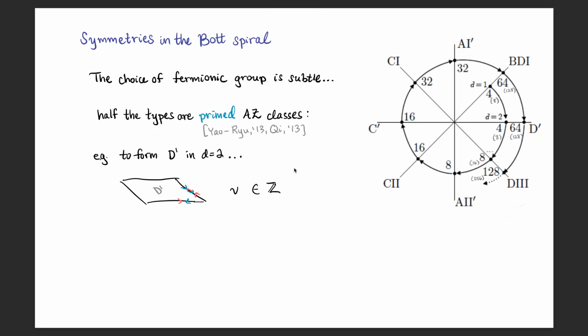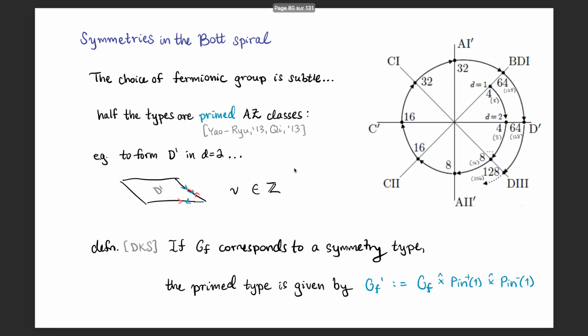And the thing about these primed phases is that on the free side, they're kind of indistinguishable from the unprimed phases, but they are important for making things work on the interacting side. So we had to figure out how to encode this with the fermionic groups. And because we added these 2